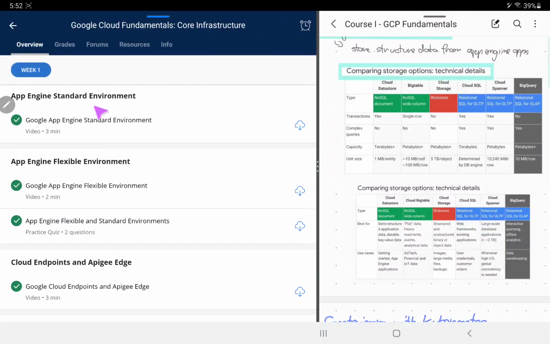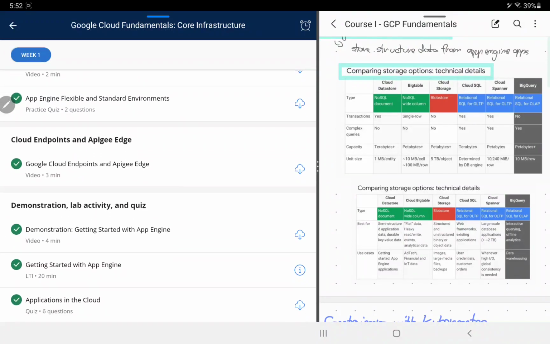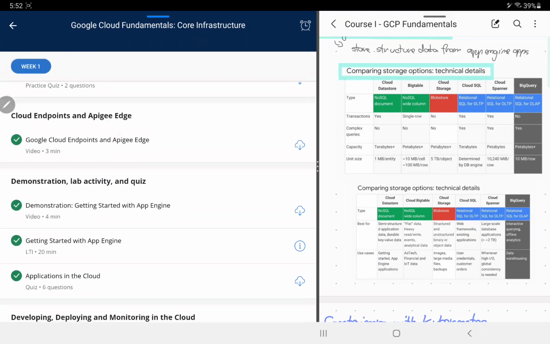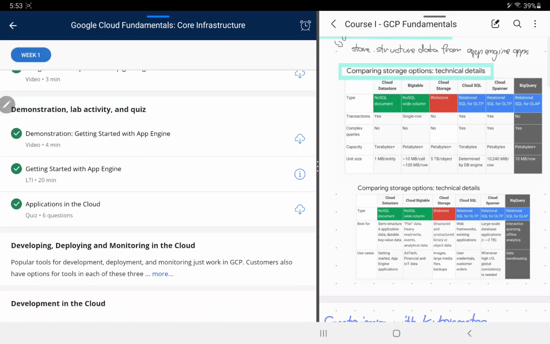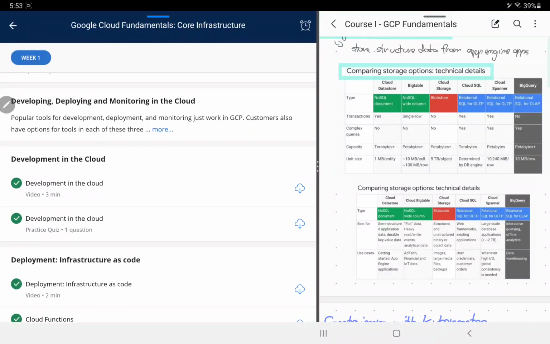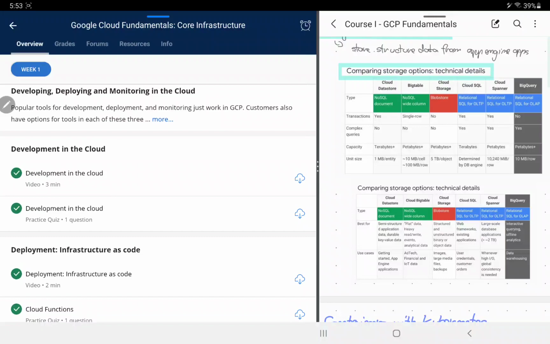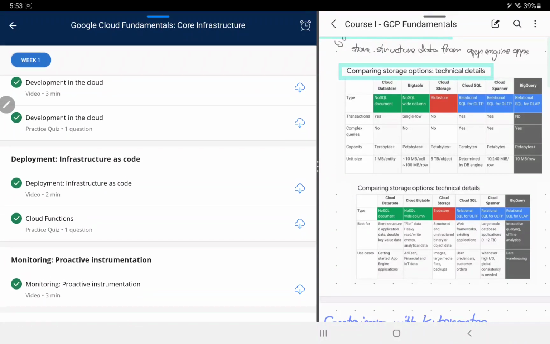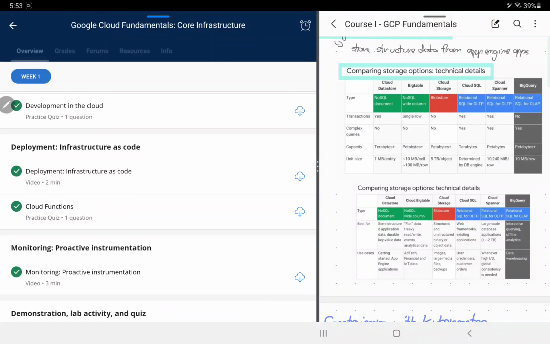You have the standard environment and the flexible environment. Then you talk about Apigee, another Google acquisition, and it helps you actually monetize APIs, really important.